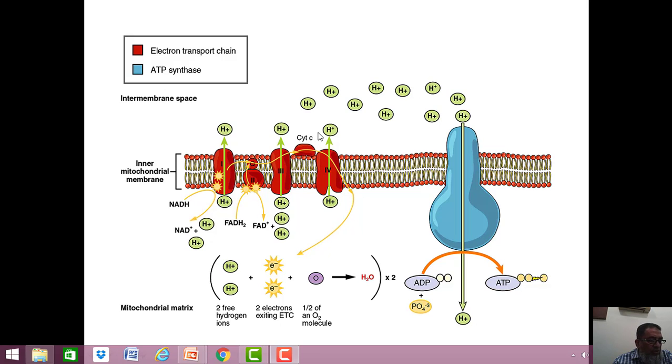intermembranous space. With the help of various enzymes located in the transmembrane proteins, NADH is converted into NAD plus, and H ions are again produced and transported into the intermembranous space. The electrons remaining are later dissipated within the mitochondrial matrix, where they react with the H ions to form water molecules with the help of oxygen.